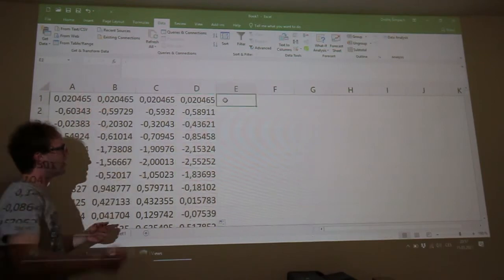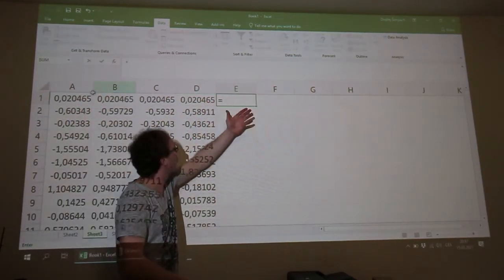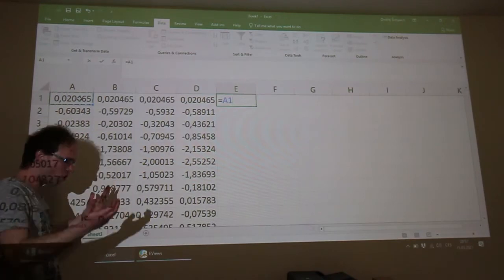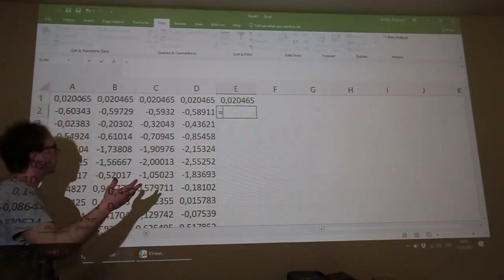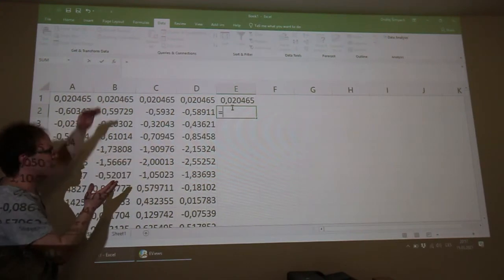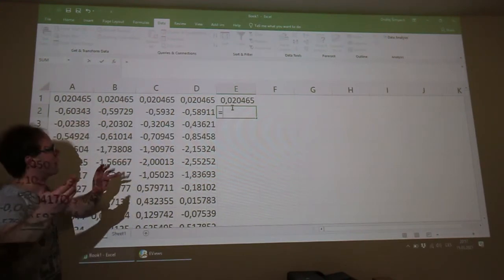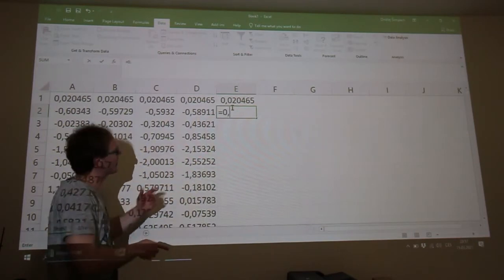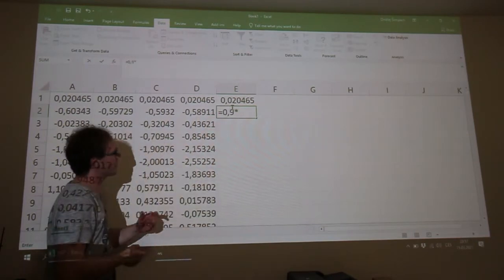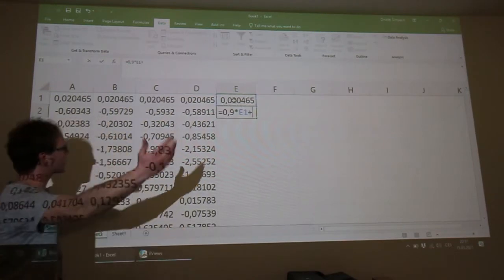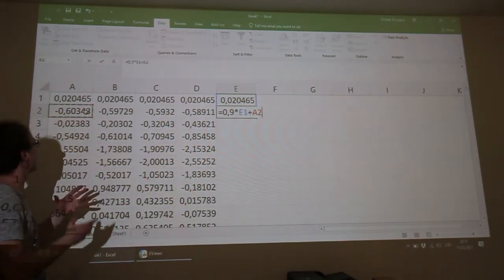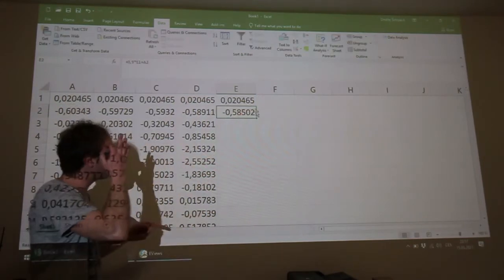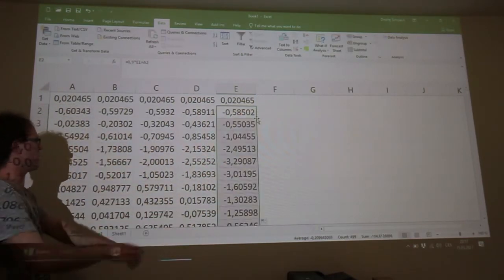And finally, in this E column, again, equal sign, the noise on the row where I'm placed, because I don't have my previous value, xt minus 1, and there we will use, for example, 0.9. 0.9 times my previous value plus the value of noise on the row where I'm placed. So this will be copied to the end.